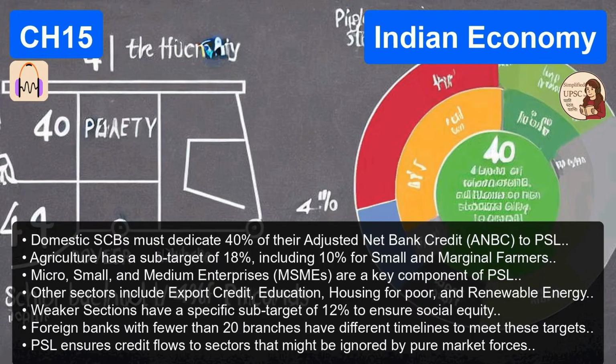Why is it called the policy rate? Why is it so important? Because it sets the benchmark for the entire economy. If the repo rate goes up, the fundamental cost of funds for banks goes up. They don't absorb that cost. They pass it to you and me. So my EMI goes up. Your home loan gets expensive. Corporate loans get expensive. Businesses stop expanding. Investment slows down. And eventually, inflation drops.